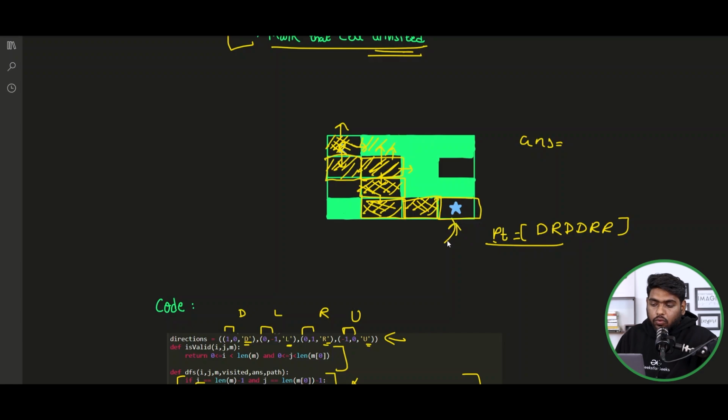How we will do it? We will take one step back. That means all of the neighbors of this cell are explored. We will go back. We will mark this as unvisited. What we'll do, we will backtrack. We will mark this as unvisited. All right, once all the neighbors of this cell are explored, we will go one step back and we'll do the same thing. We'll mark this cell unvisited, and keep on doing till here,